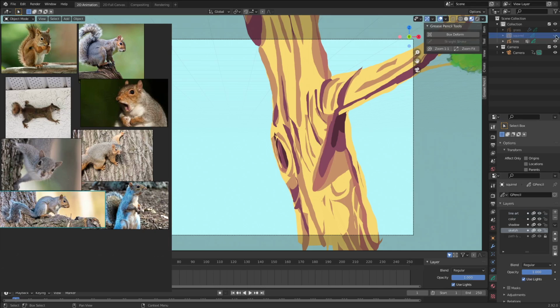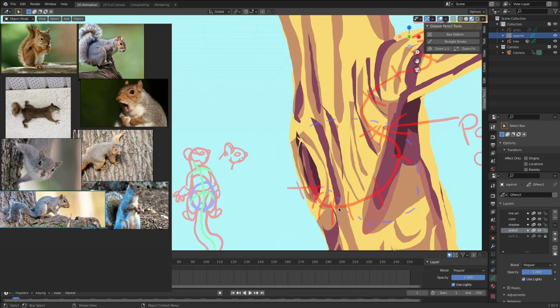Go to the squirrel, unhide it. Now you can see the blue indicates the area where the housing is gonna be. You can pretend that that's where he's living. This is the height of the squirrel, the face turnaround, and the path. And the lines indicate how spaced out the keyframes are gonna be. I did this all yesterday,